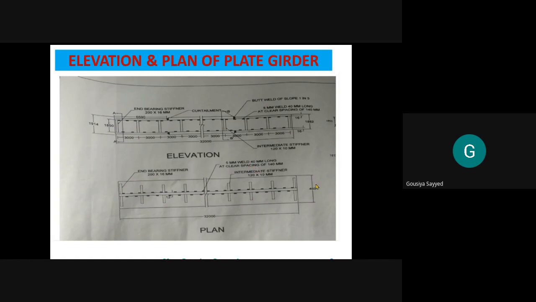Just see, this is the overall width of the flange. So this 450 is the width of the flange, and the depth of the flange will be observed in the elevation. Okay, so while drawing you have to show all the component parts, their sizes, again the span, and all in mm, and all words and lettering should be in capital letters. Okay, this is the first part, the elevation and plan of the plate girder.